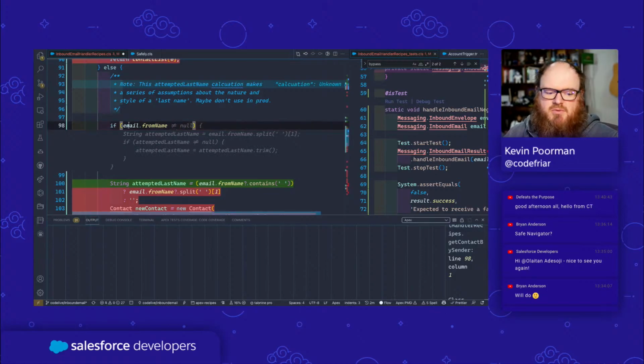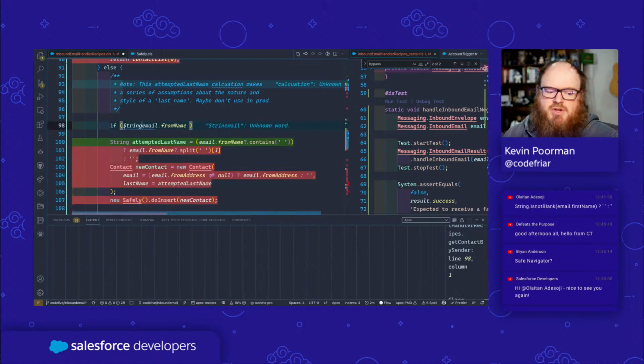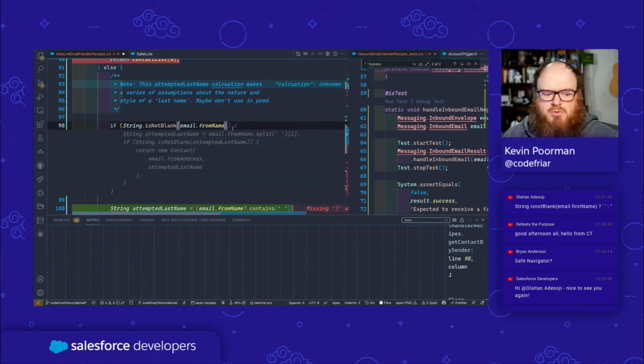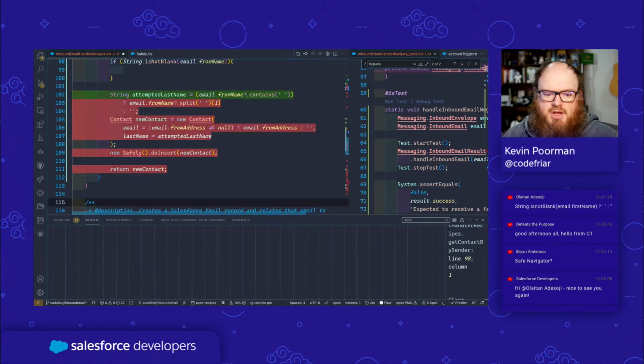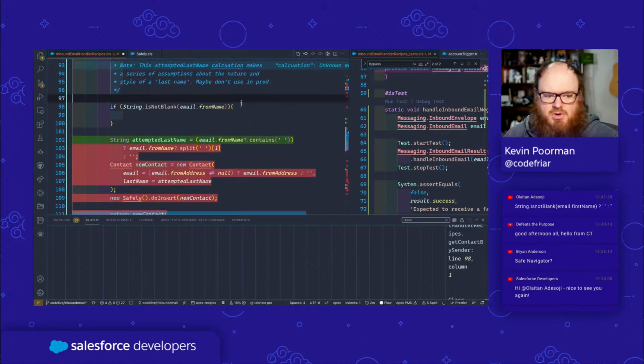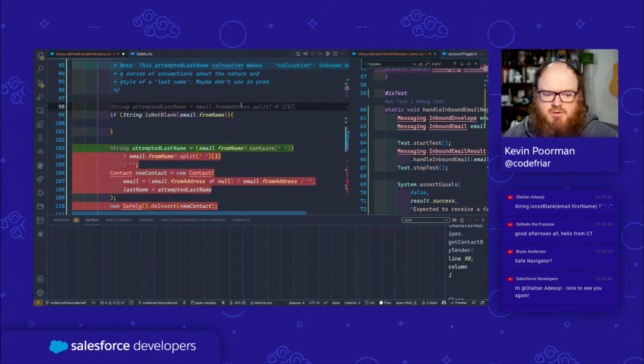You know what? I'm not even going to do null. I'm going to do string dot is blank, is not blank email dot from name. Then, and we'll create a